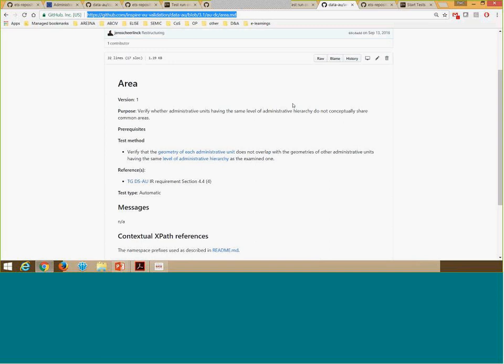So two units at the same level should not share any area from a geographical point of view. What is actually tested is that the geometry of each administrative unit is taken and compared to the geometries of all the other administrative units at the same level of hierarchy. And if there is an overlap, it is said that this one is not adhering to this test.